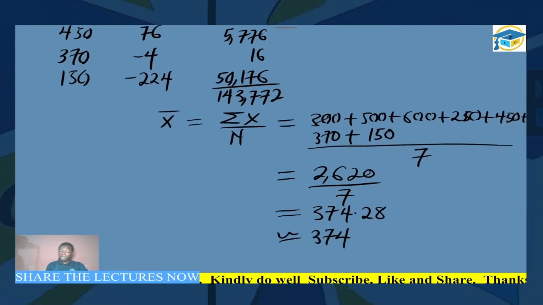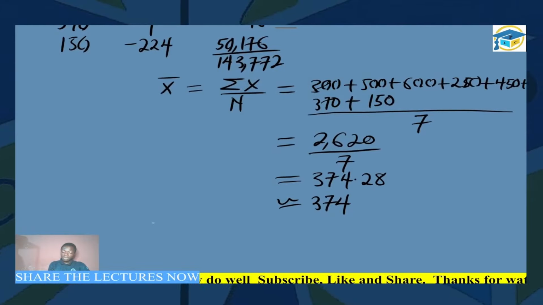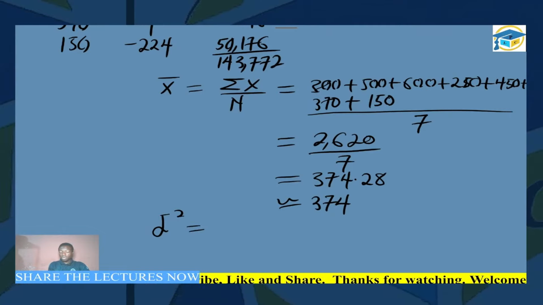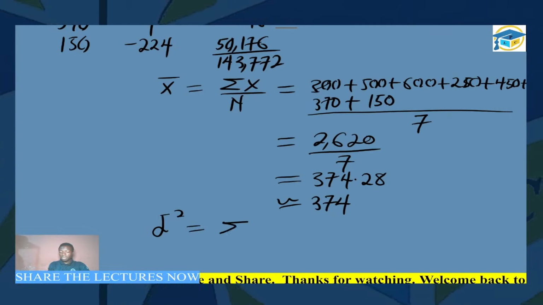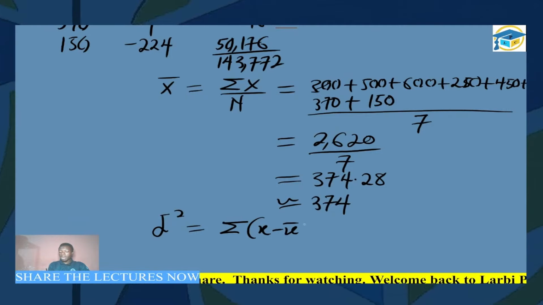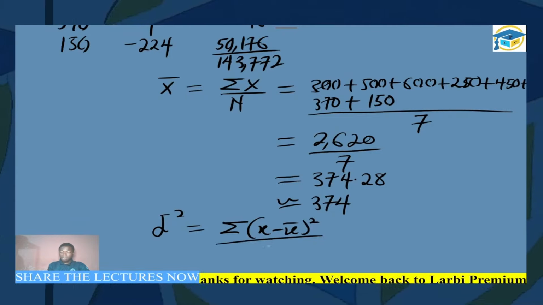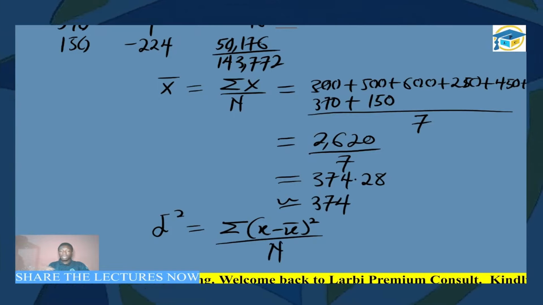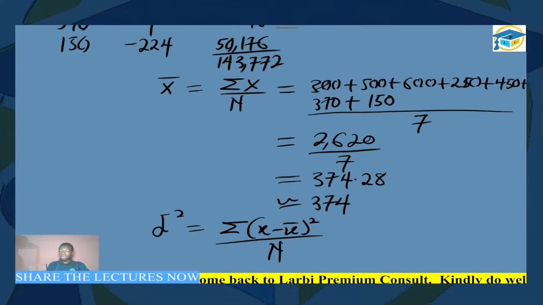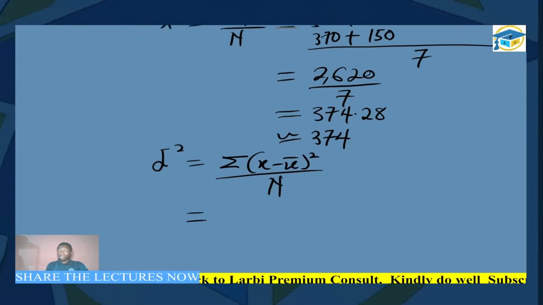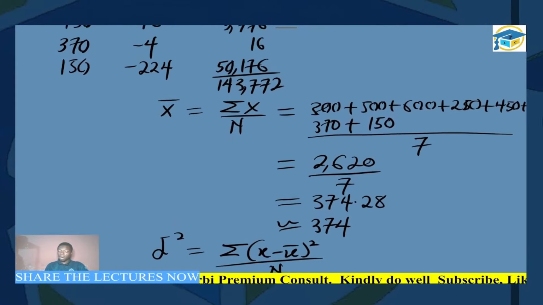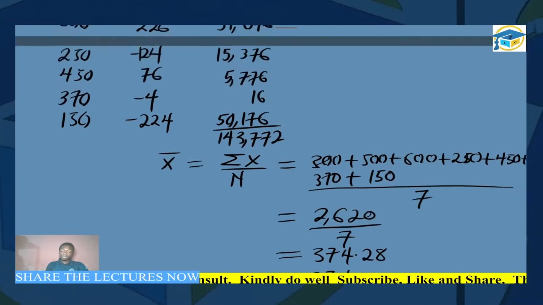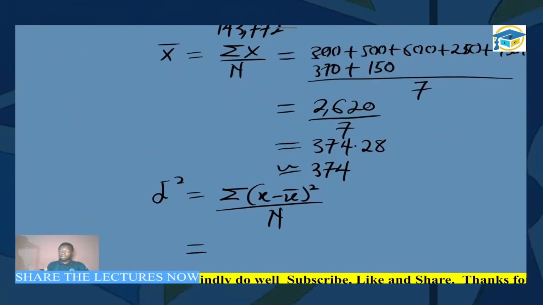So we said variance from group data. We use this symbol to represent variance from group data, which is supposed to be equal to the summation of x minus x bar all squared, and then divide by n, since it's a population. I hope that is clear, right? So in this particular case, we know that the summation of x minus x bar all squared is 143,772. So you can see here we have